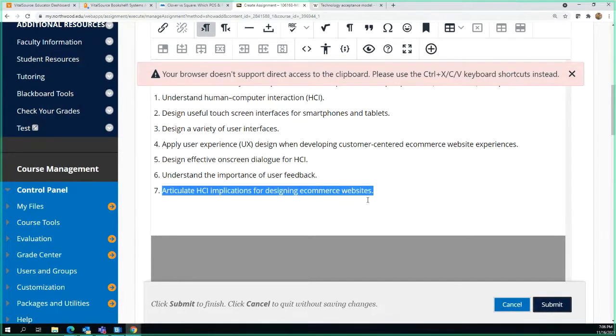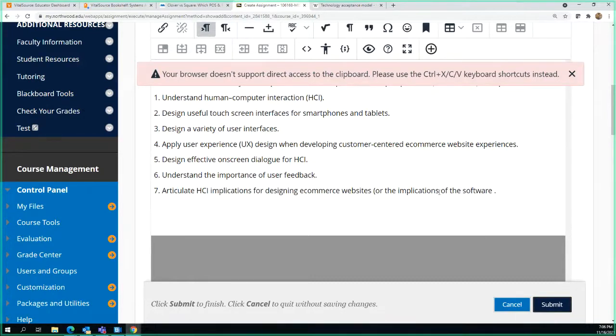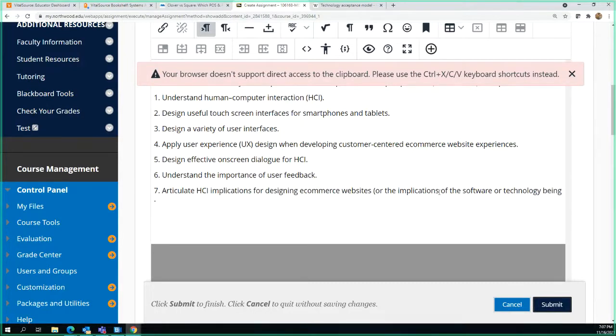This is extremely important. What are the implications for designing an e-commerce website? Or the implications of the software or technology being, what's the word I'm looking for? Integrated.